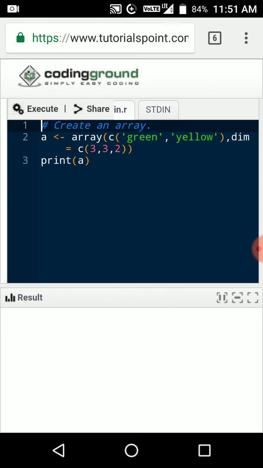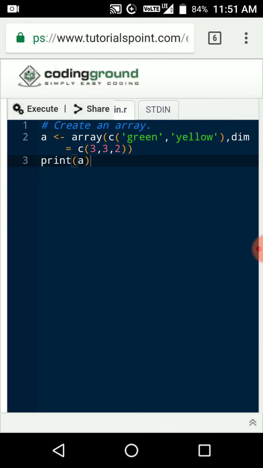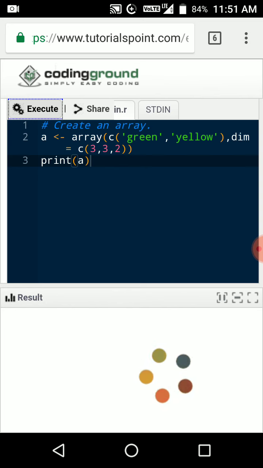With the help of the dim parameter we are assigning 3 rows, 3 columns, 2 dimensions. In the C function, dim equal to C of 3, 3, 2 means 3 rows, 3 columns, 2 dimensions. While executing the code, I can show you the 2 dimensions, a 3 by 3 structure, m rows and n columns, with 2 dimensions.